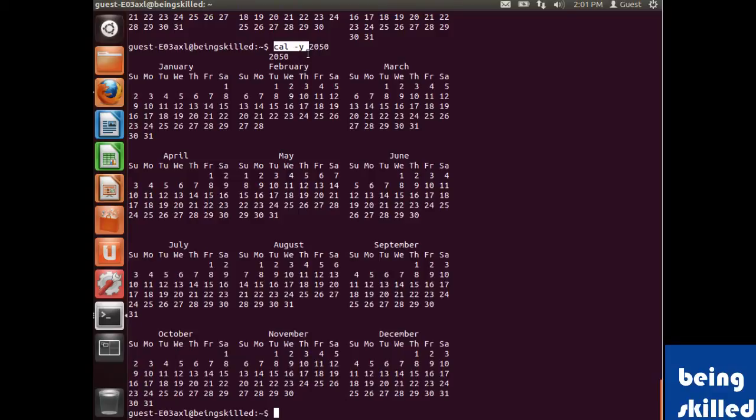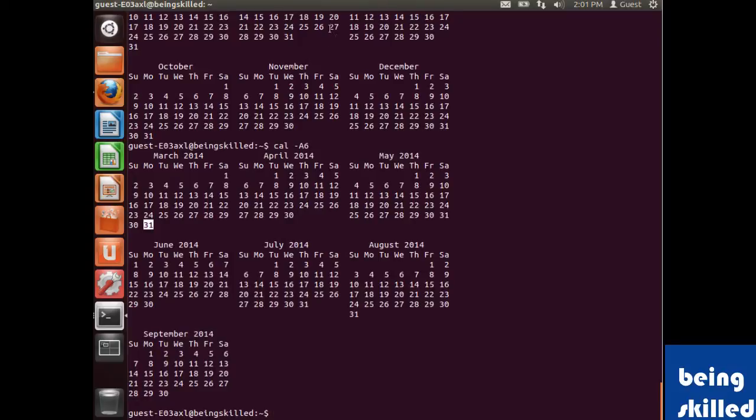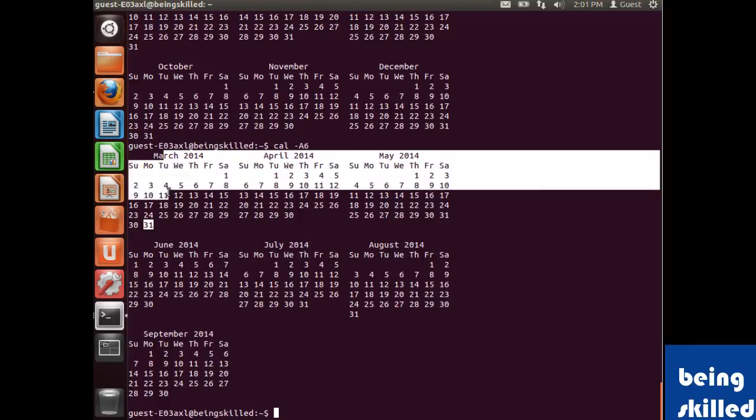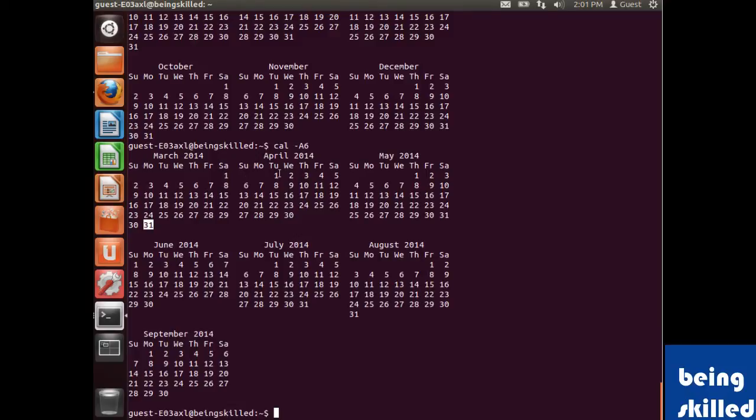Now we will use hyphen a, which is for displaying the calendar of the current month and following months. So if we mention A6, it means that it will display 6 months, all the months from the current month. So the current month is March, and it will display April, May, June, July,